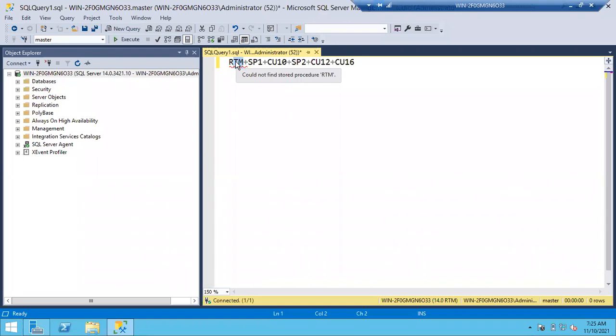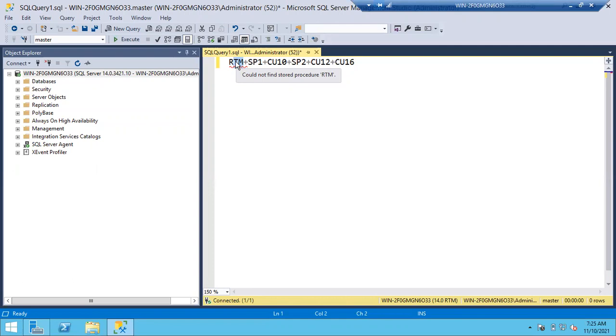Clear, guys? Whatever pack you applied, when you remove that particular pack, it will go to the last stage. Whatever service pack and cumulative update you patched last time, it will go to that particular level. It's not like serial order. If you apply CU16 and remove CU16, don't think it will go to CU15. If CU15 is applied, then it will go to CU15. If CU15 is not applied, it will go to the last pack or last patch level.